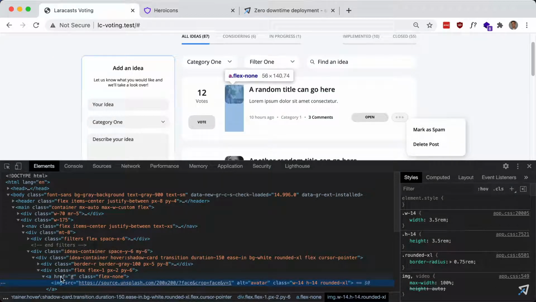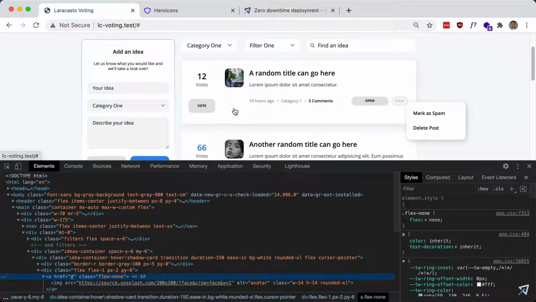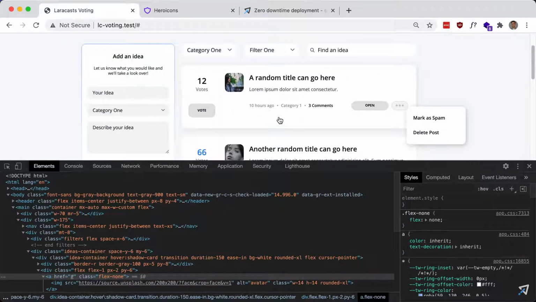And the last thing is this link here. So it's an anchor tag. And you see it spans the entire height. So if this were an actual link, it would go to that link, which I don't want. So you'll see it by the page scrolling up when I click it. So later on, we'll make the entire box clickable. So I don't want that to happen because when I click here, I want it to go to the single